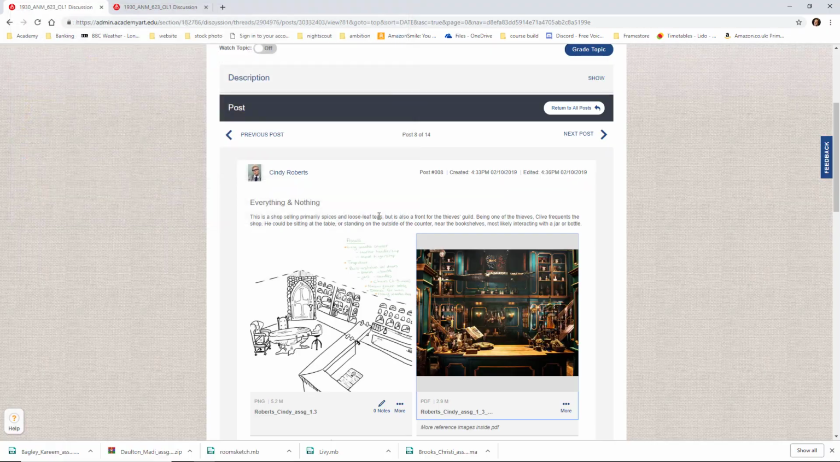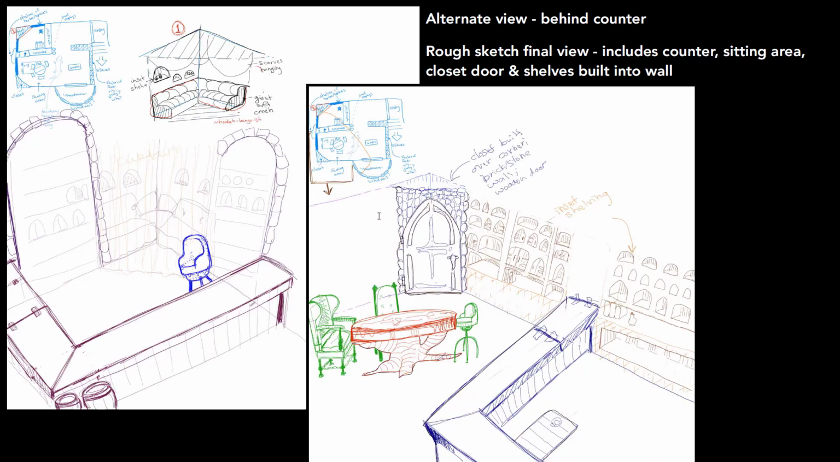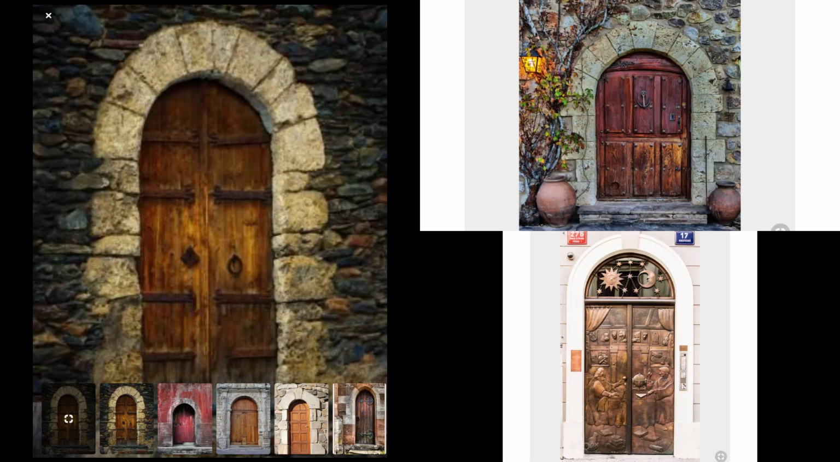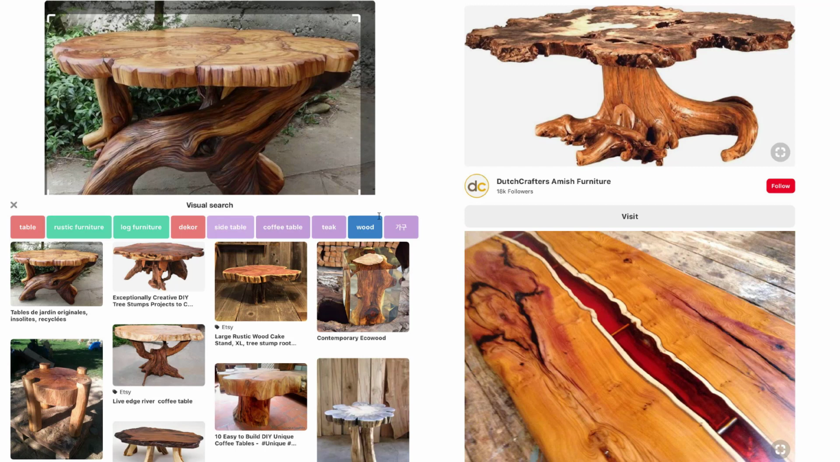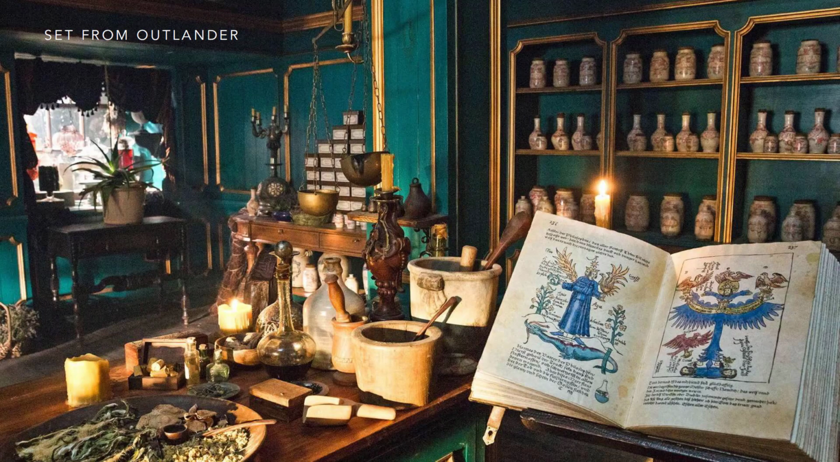Oh, and I have this saved. Okay. So yeah, here's some more sketches of this. That's great. It looks like you put a lot of time and thought into this. And more reference images, details and texture, table inspiration,